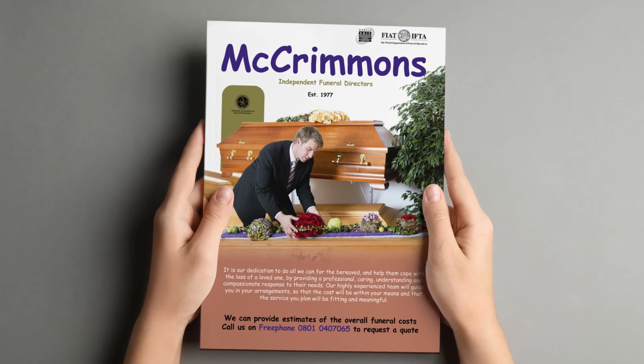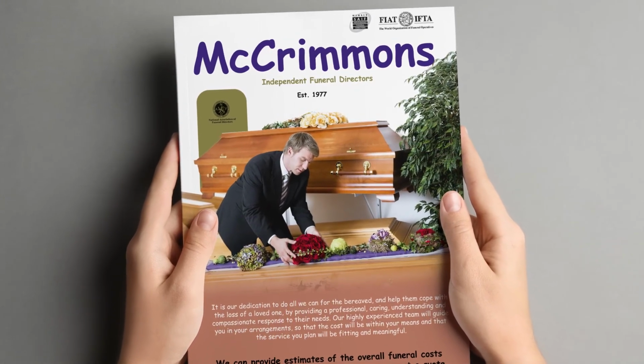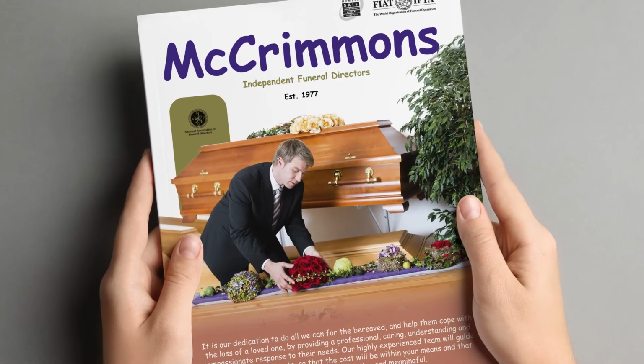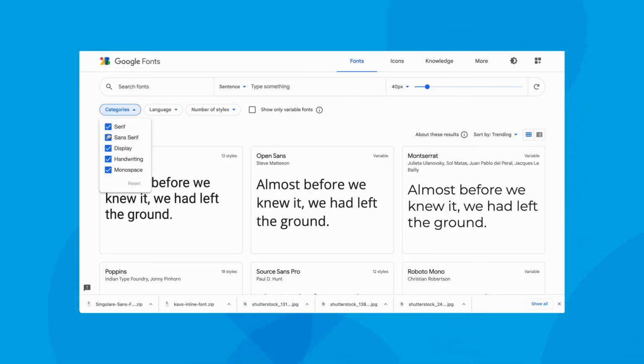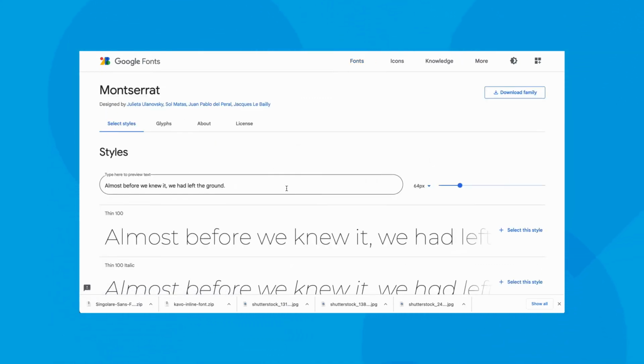Also, try to choose fonts that match your brand's personality. It's a bit of an extreme example, but you wouldn't use Comic Sans if you were designing a flyer for a traditional undertaker. When choosing your fonts, it's worth finding font families that come in a wide range of weights and italics. Varying the weight of key words in a paragraph can do wonders for making a body of text more palatable.